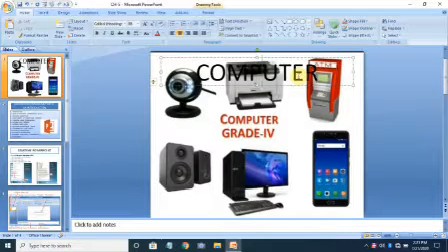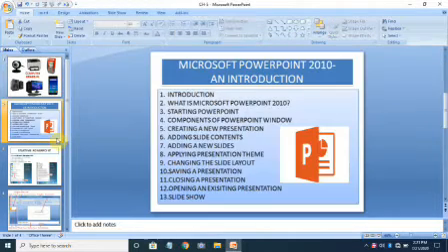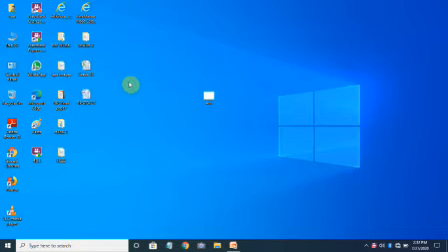Now let's move forward. We will learn how to save a presentation. You can see here I have already created many slides. So I want to save this presentation in my desktop. Now what is desktop? When we open our computer or laptop, the first screen which appears in front of us is called desktop.